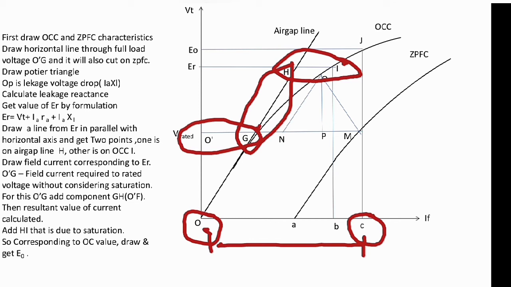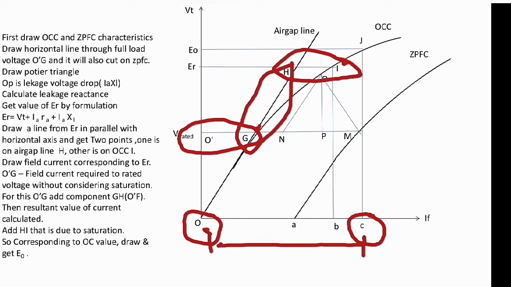Okay, so this way we include the unsaturated part of the characteristics. So OC is the total current which is required to compensate O dash G, GH and HI, and through this MMF